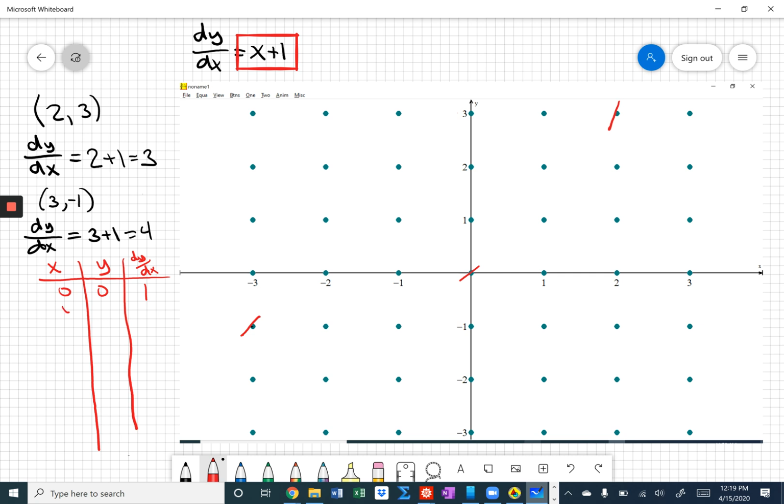If I keep the x coordinate 0 and go to a different y coordinate, I still get the same slope, because the y coordinate is not a term in this particular differential equation. It will be in others, but not in this one. So as long as the x coordinate stays the same, the slope is going to remain the same. So if I go over here to 0, 1, then I get another little line segment that's parallel to the first one. And that's true if I just keep going up along this direction, because they all have the same x coordinate, and that x coordinate is 0, and 0 plus 1 is 1, so they all have a slope of